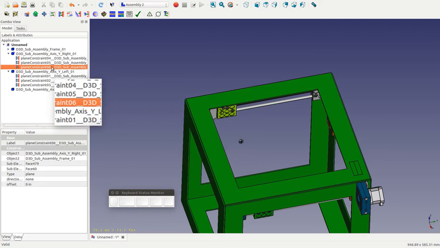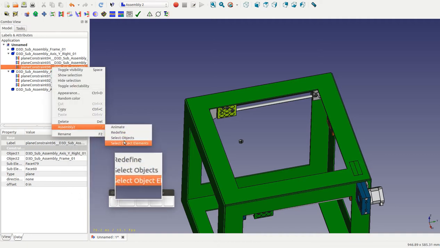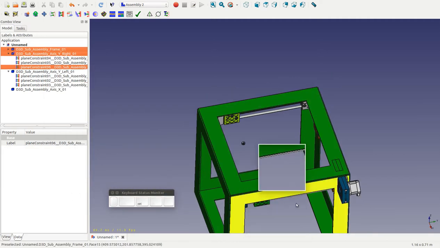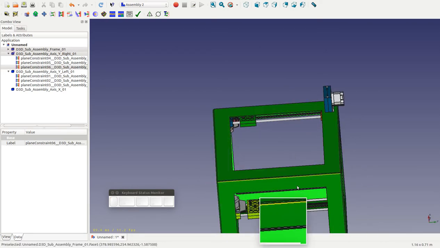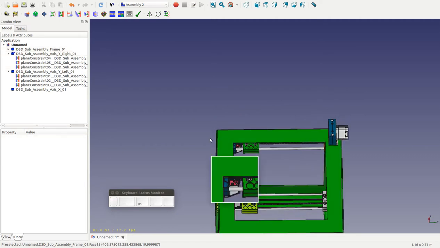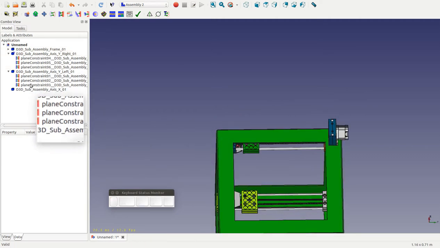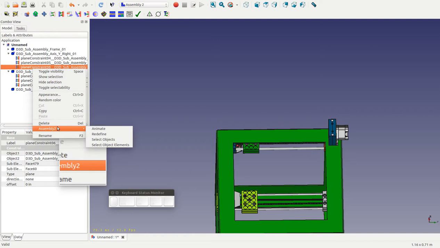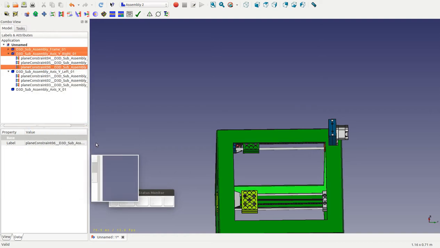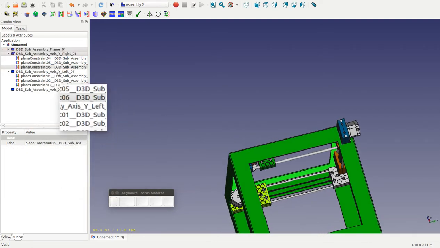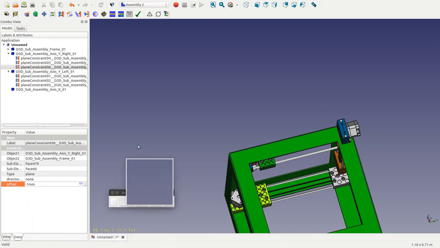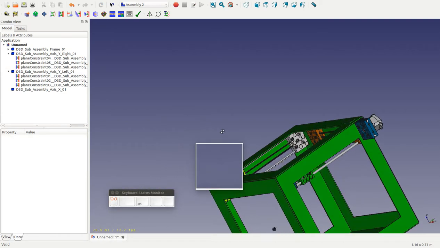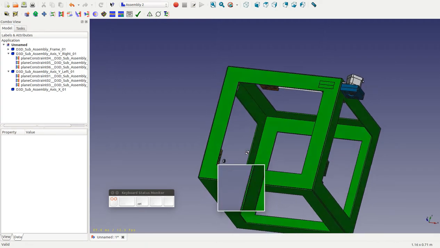It should be the last one. Let's double check. So is it highlighted? Yes, you can see the top plate is highlighted. So, oh, which one is that? This. Okay, so go here and -1 mm. Okay, so